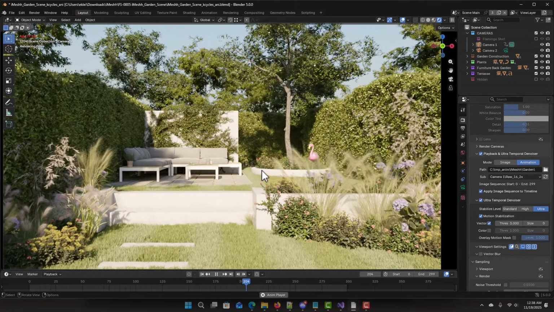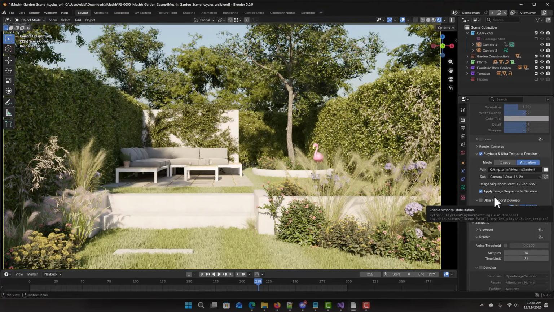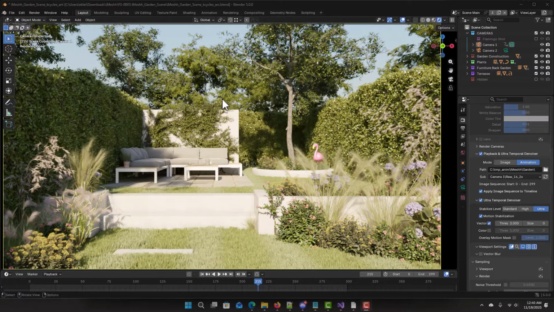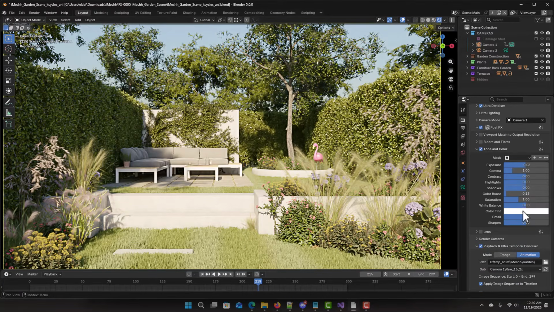settings on the quality. So let me stop it here, and you can compare the detail with or without the Ultra Temporal Denoiser. On, off. The image detail and sharpness can definitely be improved in this scene. So let's go to PostFX, turn that on. Let's turn on the tone and color, and I've already adjusted the detail. We can adjust some of the exposure, add some color, then we can compare off,